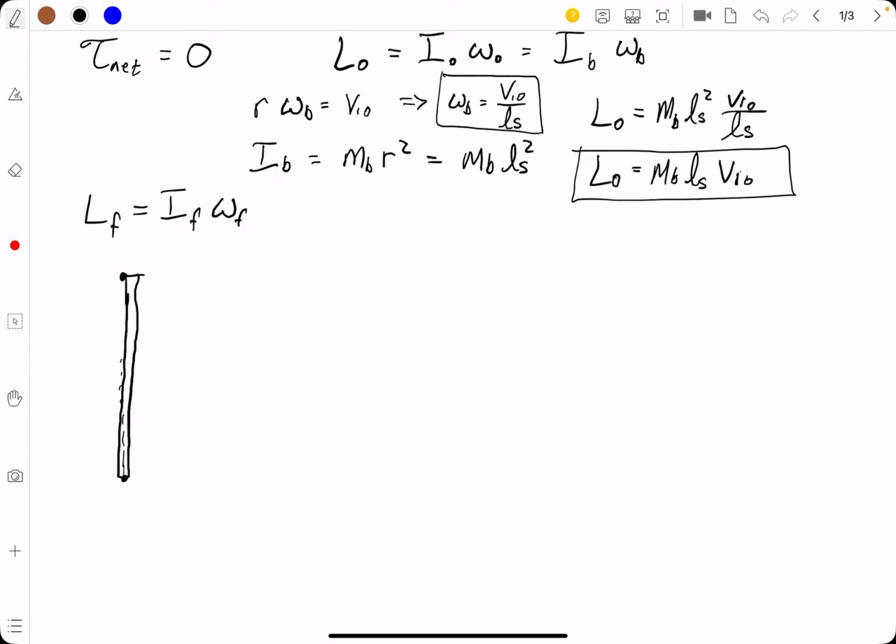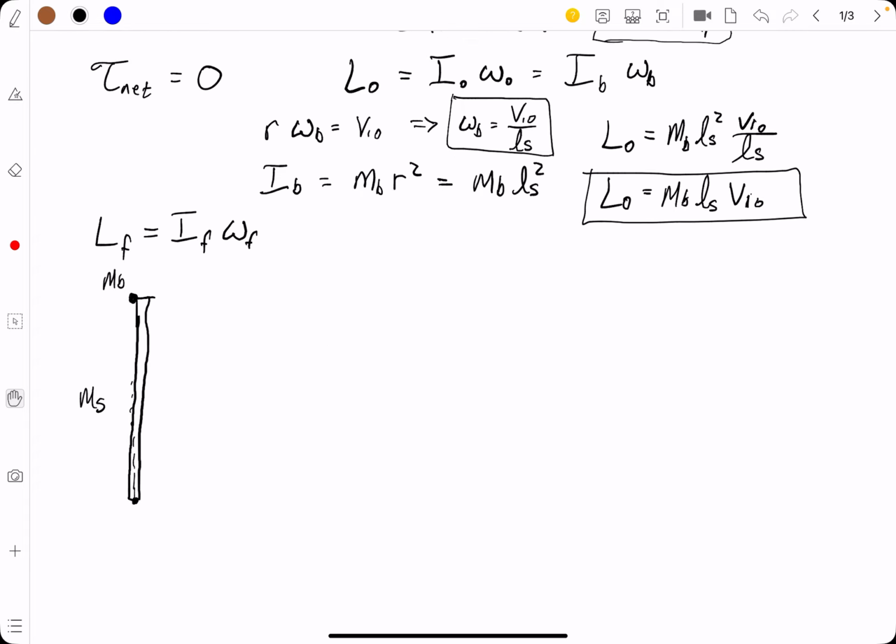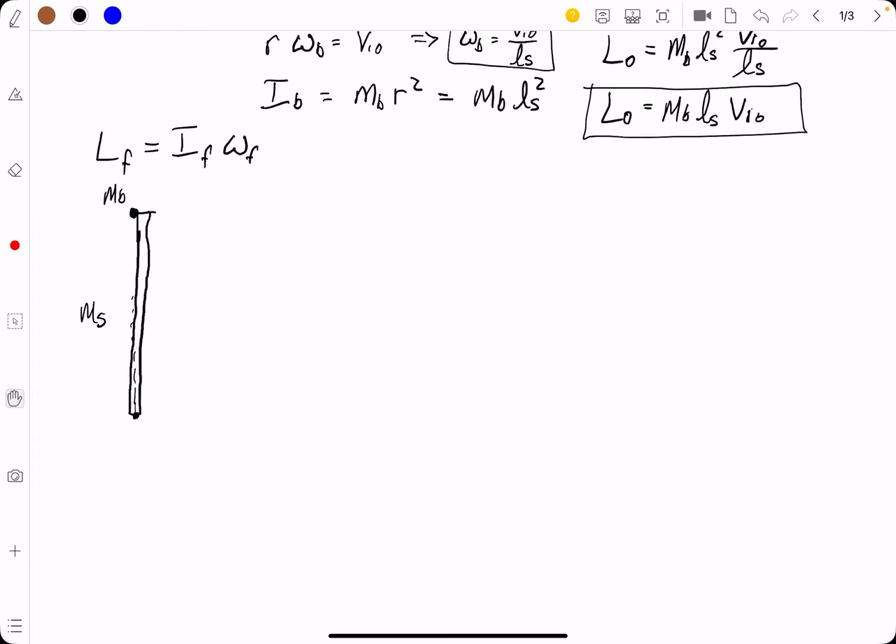And we're going to call it a point mass right there. Okay, so that's our mass of the box right there. And we've got our mass of the stick, which I hope we know. Did I write that? Do we know? Yep. Okay. So we've got the mass of the box, we've got the mass of the stick, and we need